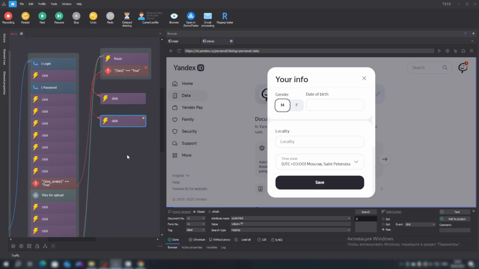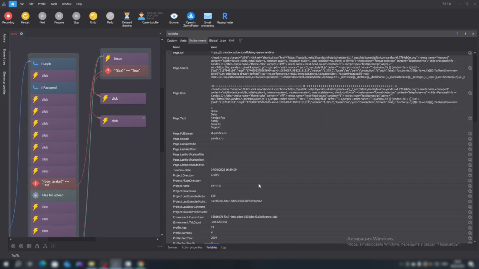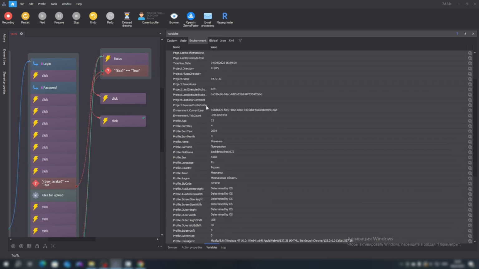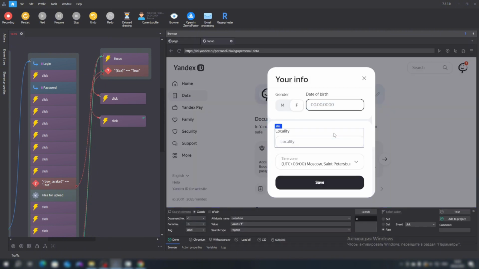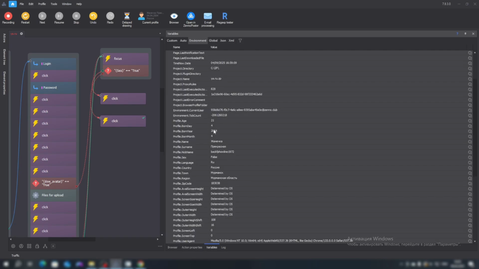In this case, we need to enter the date of birth. If we go into the environment variable, we will see that our date of birth consists of a single digit. But if we select the field in Yandex, we will see that 2 digits need to be entered, dot, 2 digits, dot. This could cause an error for us. For this, we need to perform a check, whether our day or month of birth is less than 10 or more. And if they are less, then prefix them with a 0.